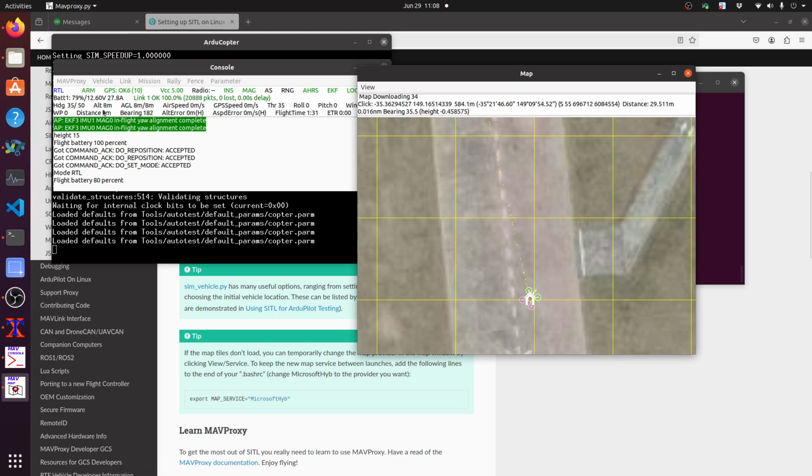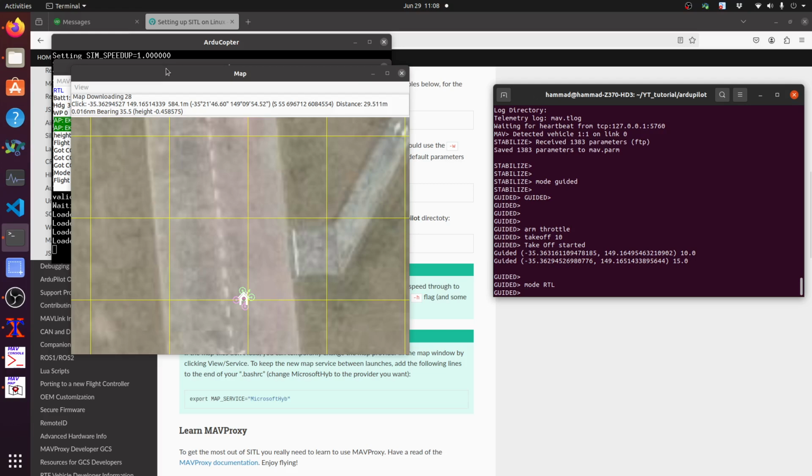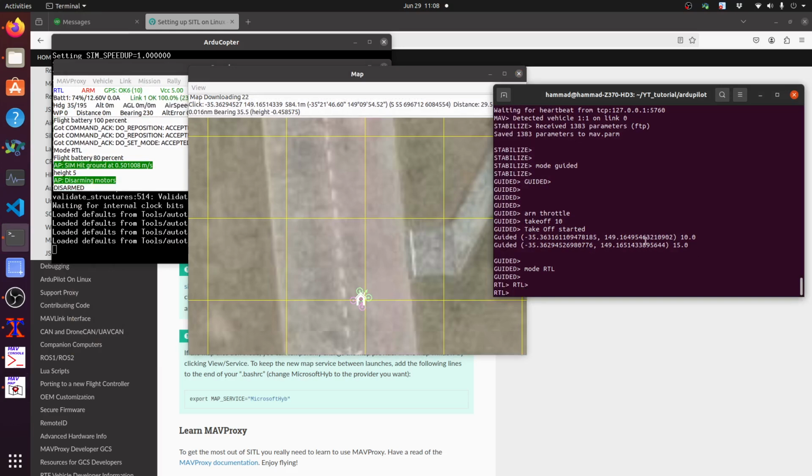You can see how the altitude is changing here. It's decreasing. Okay, so it will be landed, and you will see the mode is RTL now. If we click here, we will also see the mode is RTL, and the drone is disarmed now.